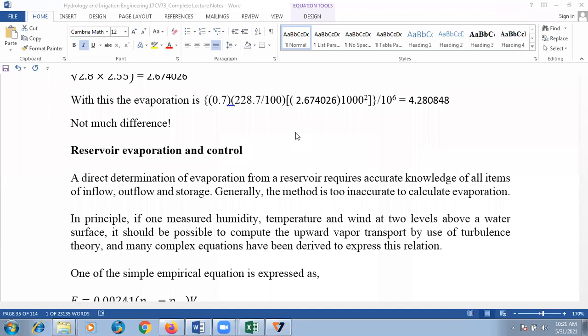So you have understood what are the methods which are adopted for determination of evaporation. Of course, you are already aware what is evaporation. And then how to determine evaporation value through numerical examples, we have understood. We have used empirical equations. We have used the concept of pan and pan coefficient to determine evaporation from any water body. And we also understand that it is one of the major abstractions of